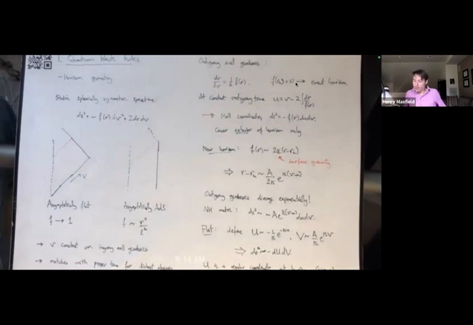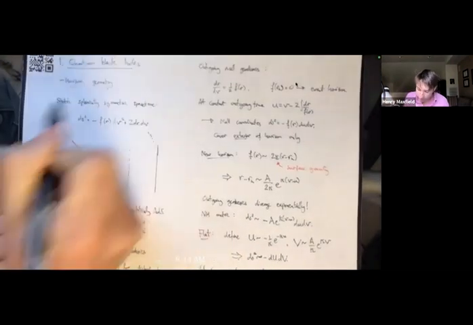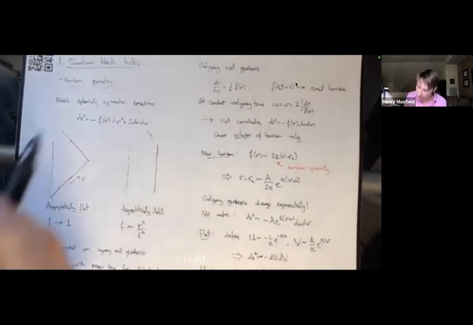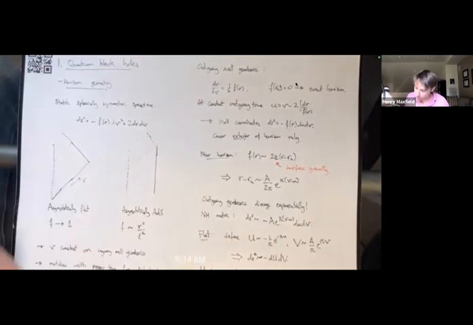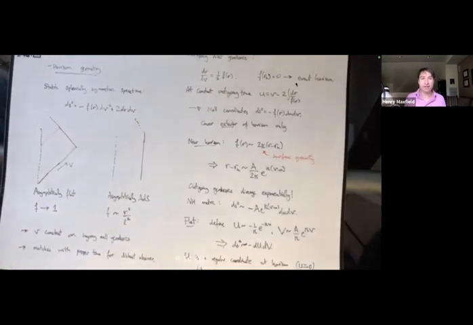Okay, so let's start off talking about black holes. And in particular, we're going to talk about the geometry of event horizons. This is probably going to be familiar to most of you, so we'll try to go through this quite quickly. So first of all, when a black hole collapses, say in classical general relativity,